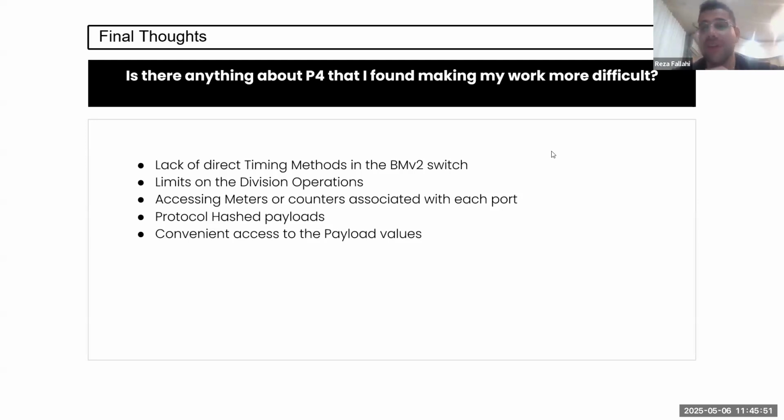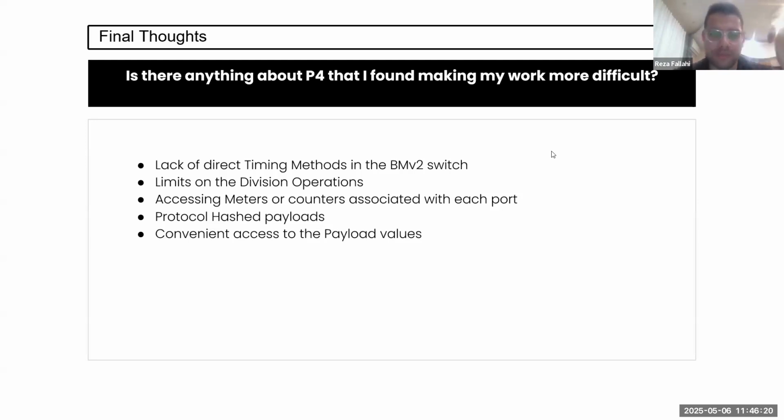Of course, that's going to be great if we had that ability. Of course, I'm talking about the BMV2 simple switch. I've heard that the Stratum switches have become open source, and that's going to be really useful. But specifically about the BMV2, those were the problems that I faced. They didn't stop me from doing the things that I want, but I had to find ways through some kind of tricks.